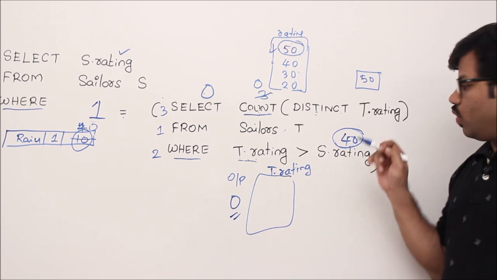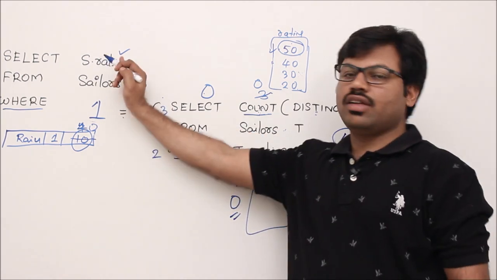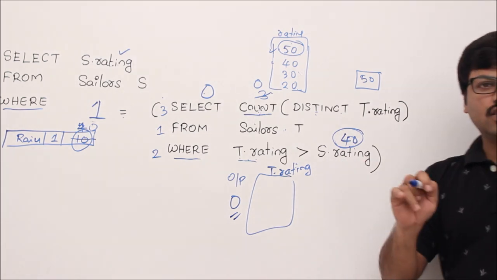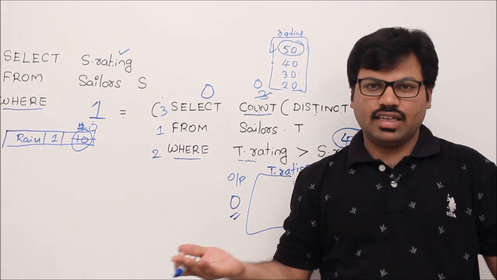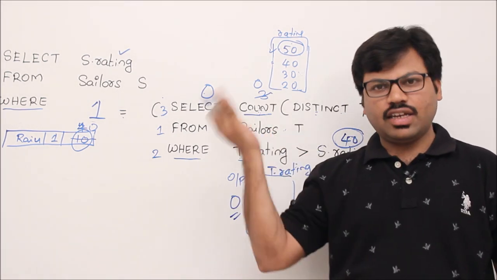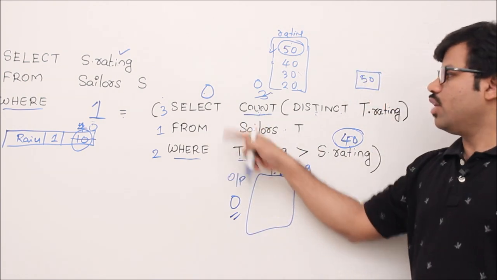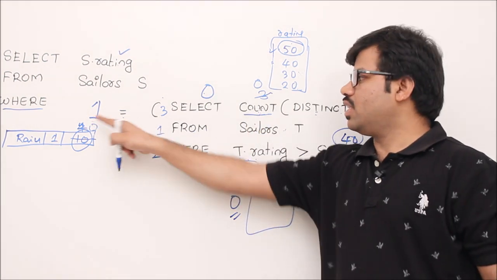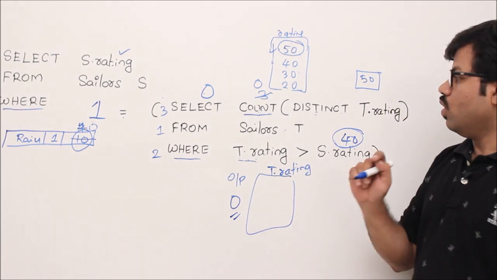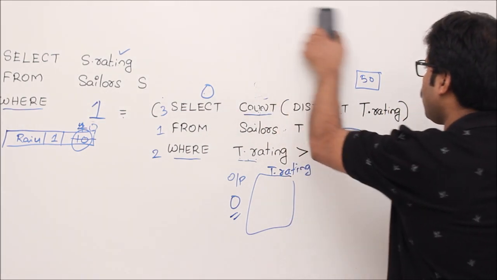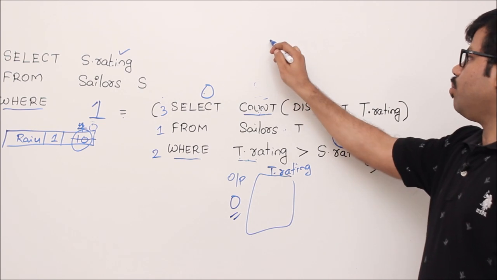That means if the rating which you want to print is just the second highest, then only there will be another rating which is greater than you, and it gives count 1 and it matches with this one, correct or not? But there is a problem. What if you have duplicates? Example, there are two